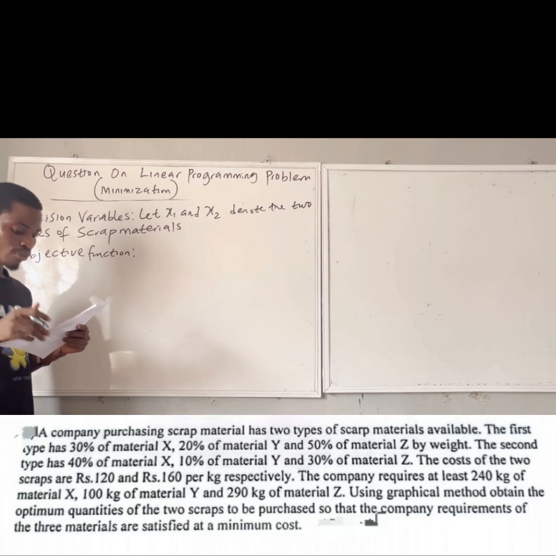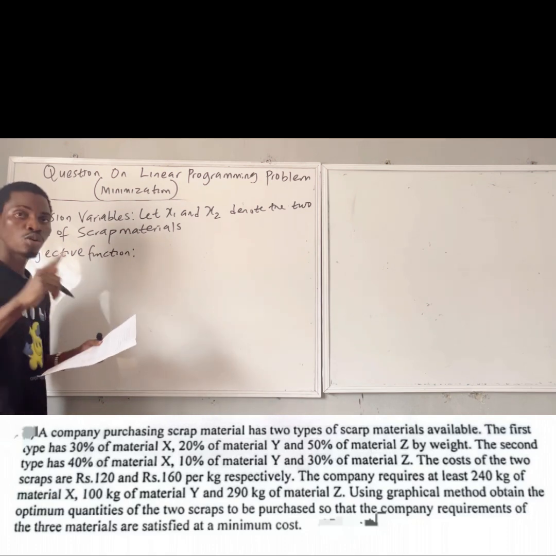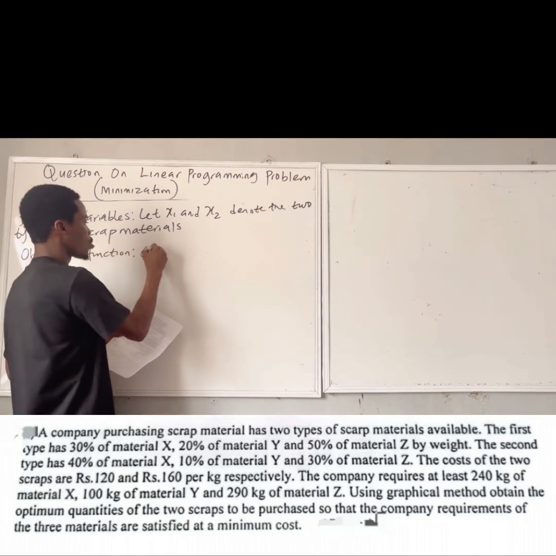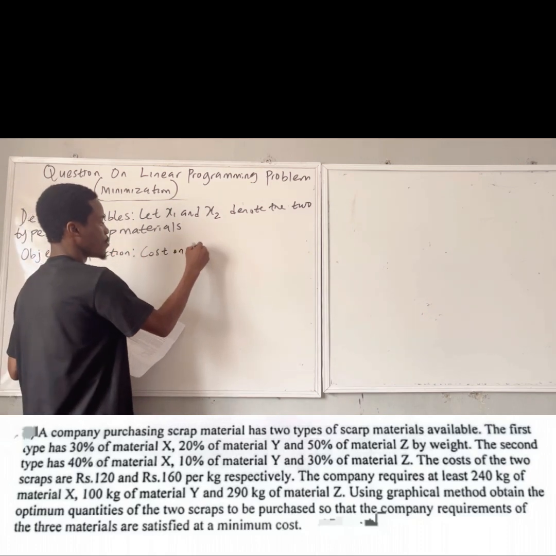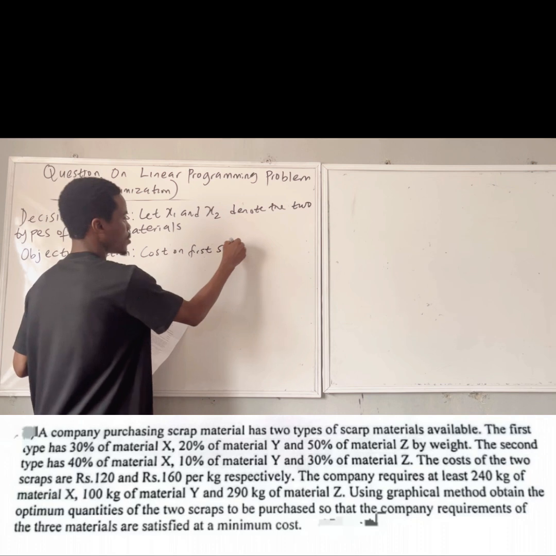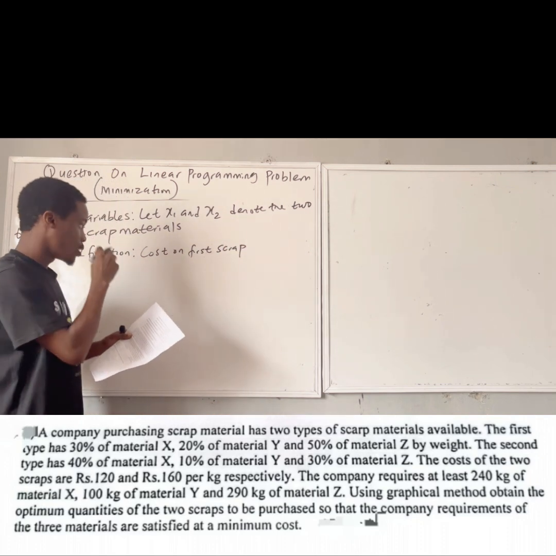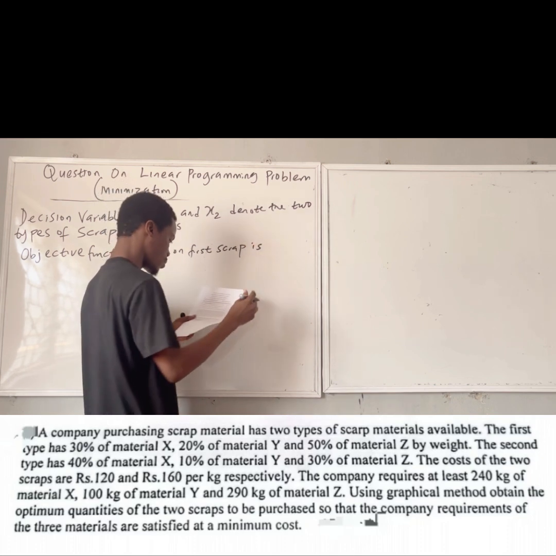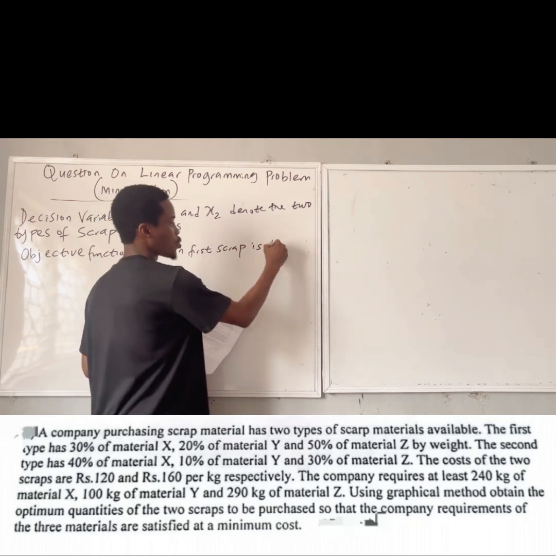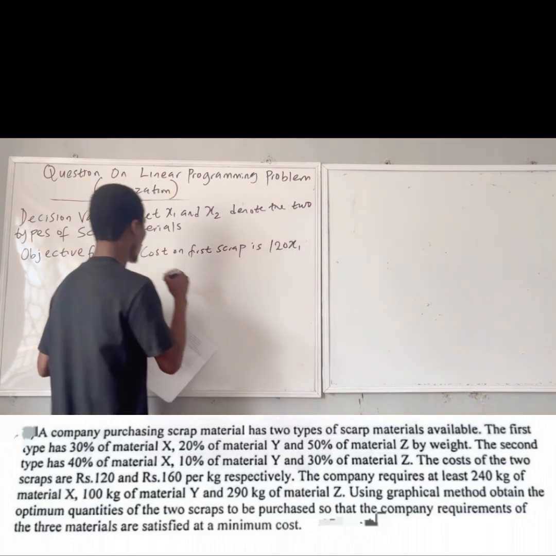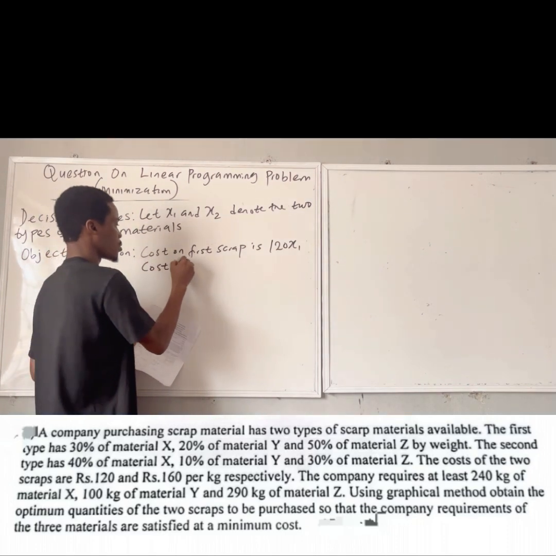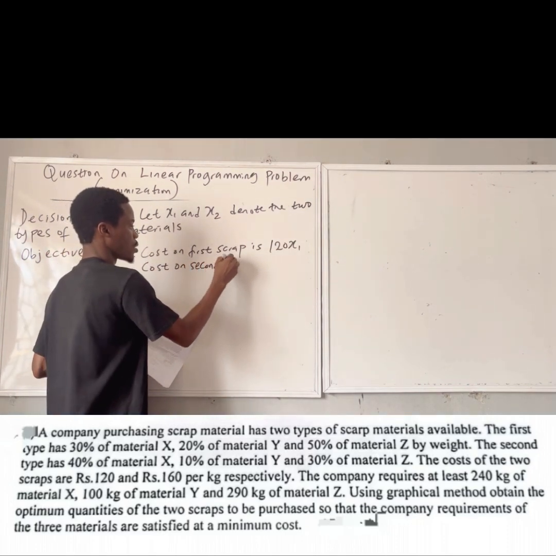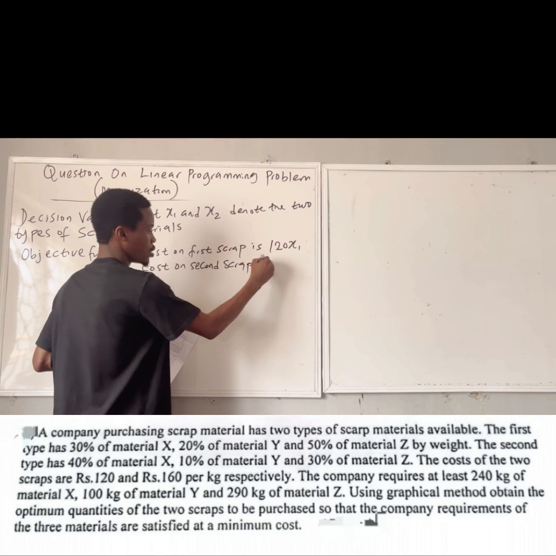The materials are two scraps. So the cost of the two scraps are Rs 120, that is the cost on the first scrap, which is 120x1. Then the cost on the second scrap is